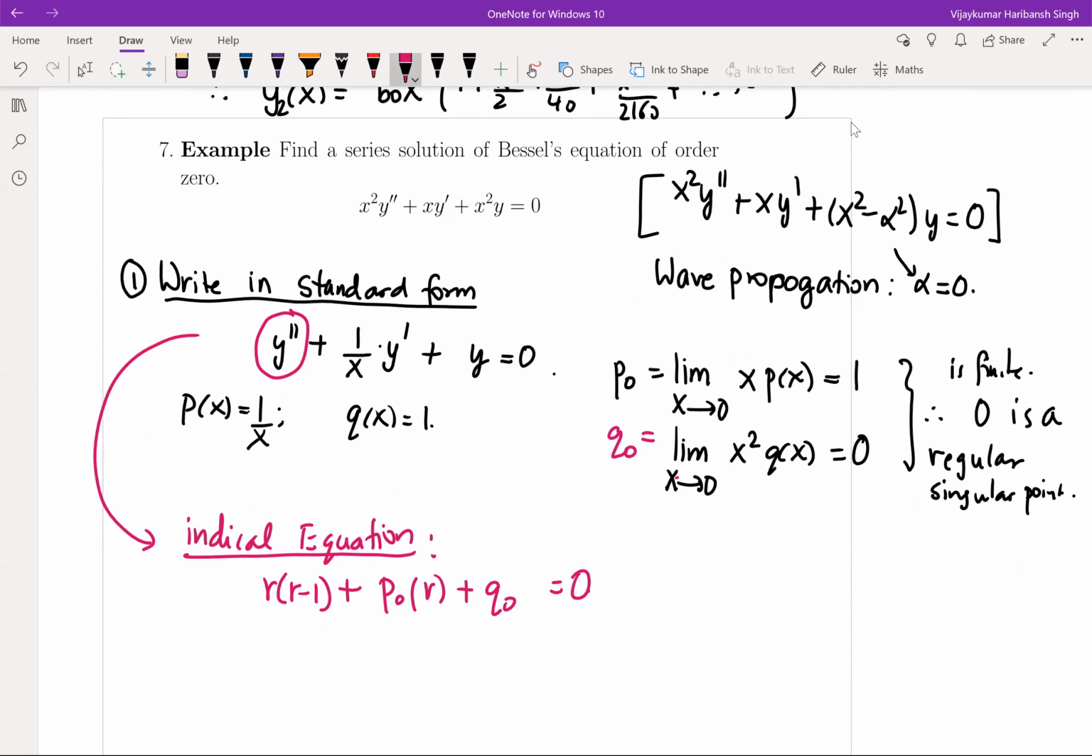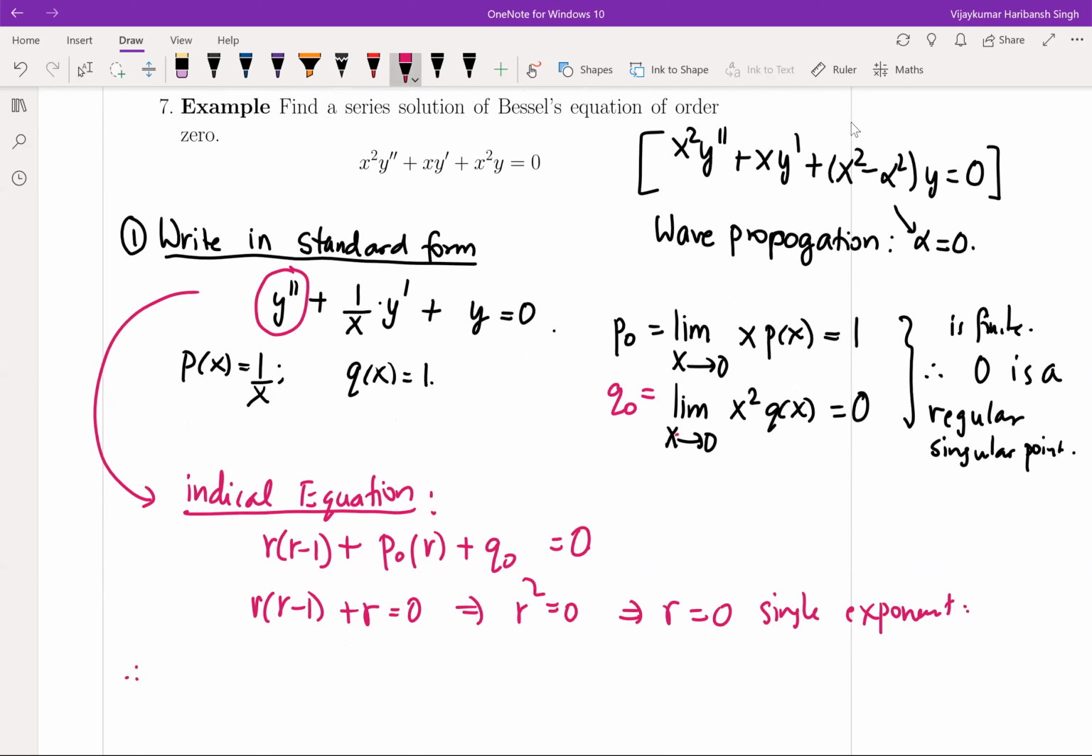So in this case, we have Q naught is 0. So we have r into r minus 1 plus r equals 0, which means r squared equals 0, which gives me r equals 0 as a single exponent. So therefore, we get the Frobenius series solution